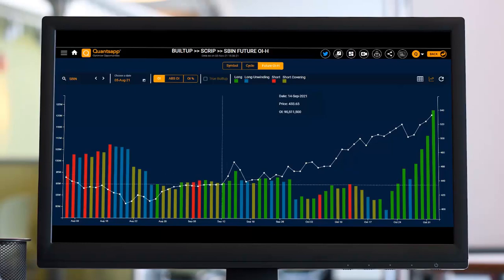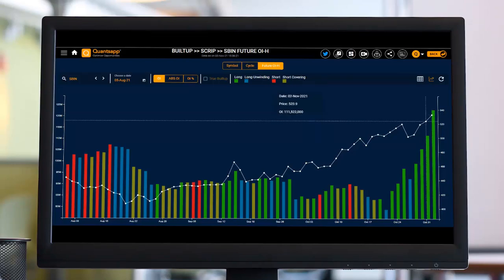And if we see from 14th of September 2021 up till the current day, just two shorts built up, which is still fine. Those got covered later on. The dips in the instrument are only due to long unwinding moves. So if we would have scanned SBI anywhere at this point, or maybe even at this point, it would still have passed the test of being in the long built up for 5 days out of 7, and you would have got SBI. You can try out some different scans as well.